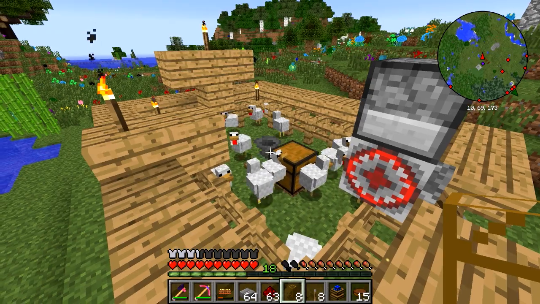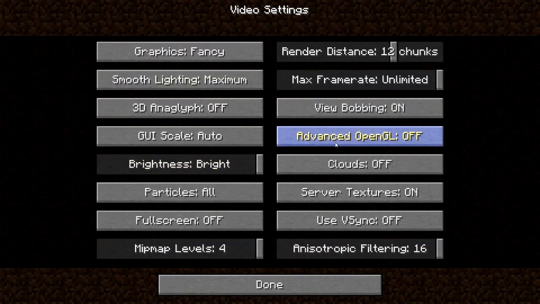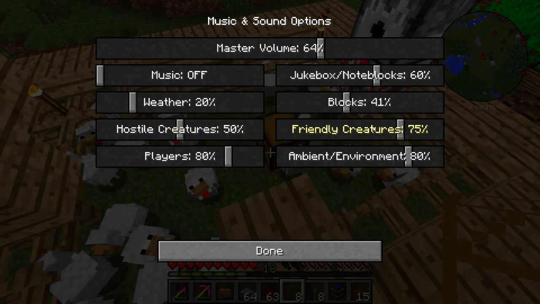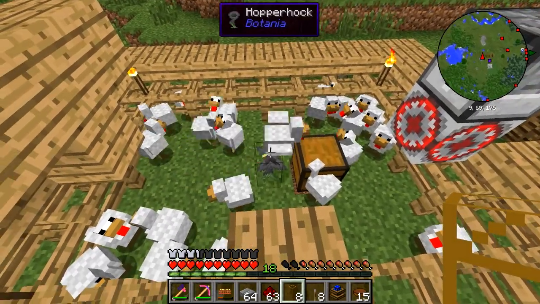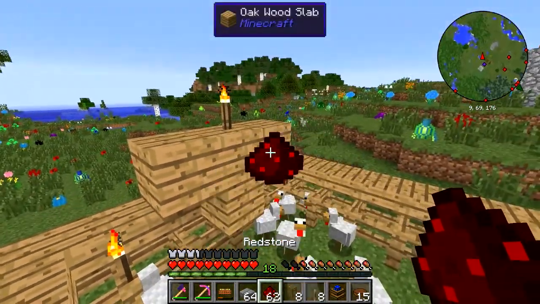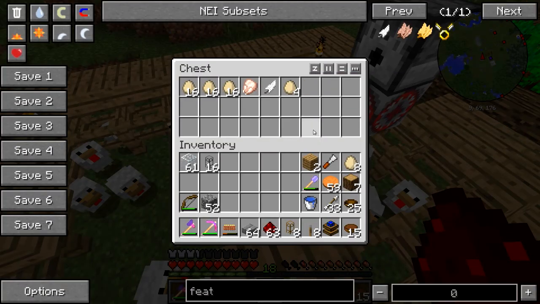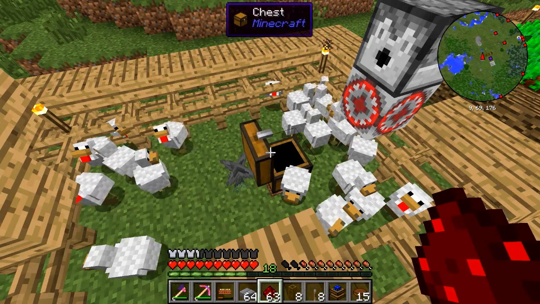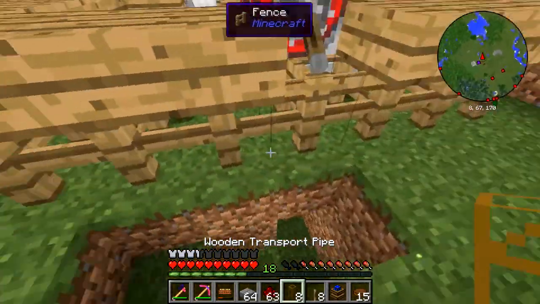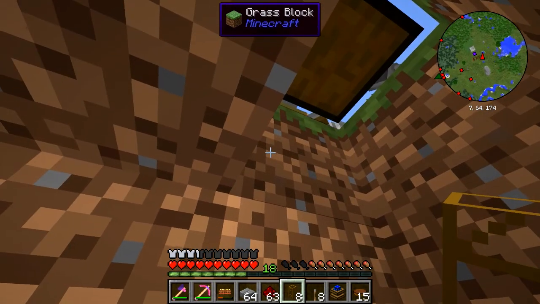Alright, so I've been messing around a bit with the idea of automating this chicken farm, and maybe I should have killed a few of them first. Let's see, can I turn them down? Oh, that's much better. Alright, so I've got this hopper hawk from Botania, and what it does is it will pick up items. And it says that mana will increase its range, but it's got a good enough range on it already. How did one of them die? Well, I don't know. Anyway, what I was thinking is I would have...